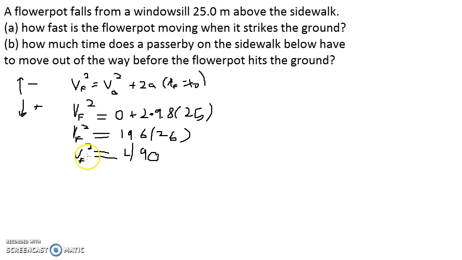Now, we're not quite done because we still have the final velocity squared. So if we just take the square root of both sides, we're left with the final velocity is equal to the square root of 490, which comes out to about 22.14